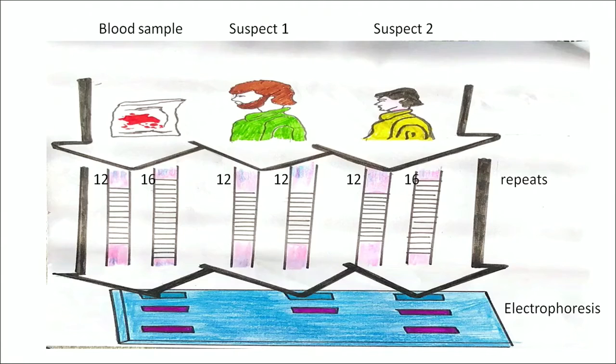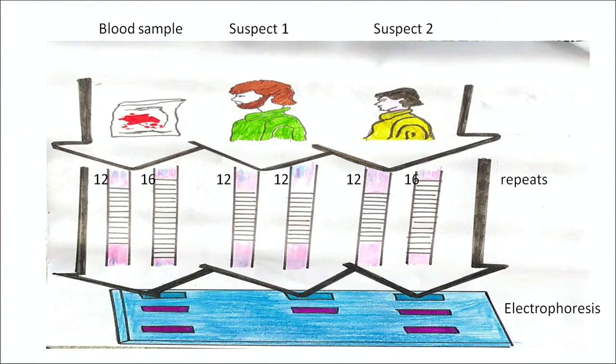charge on them. This is an example which shows how we can determine or ascertain who is a suspect of a crime scene. The blood sample is there and then we have suspect 1 and suspect 2. We run the DNA extracted from the blood sample which we have collected from the crime scene onto a gel electrophoresis. As we can see in the first set, there are 2 red bands formed on a gel electrophoresis. This blue plate-like structure is a gel electrophoresis.